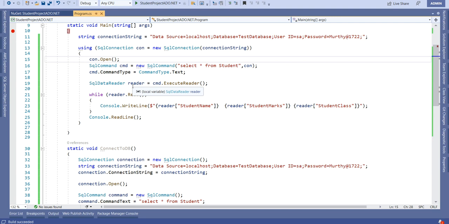So that is the disconnected architecture, and this data reader is a connected architecture. So in the next video, I will explain how we can fetch the data from the SQL database using the disconnected architecture, using objects like SqlDataAdapter and DataSet. That's it. Thank you.